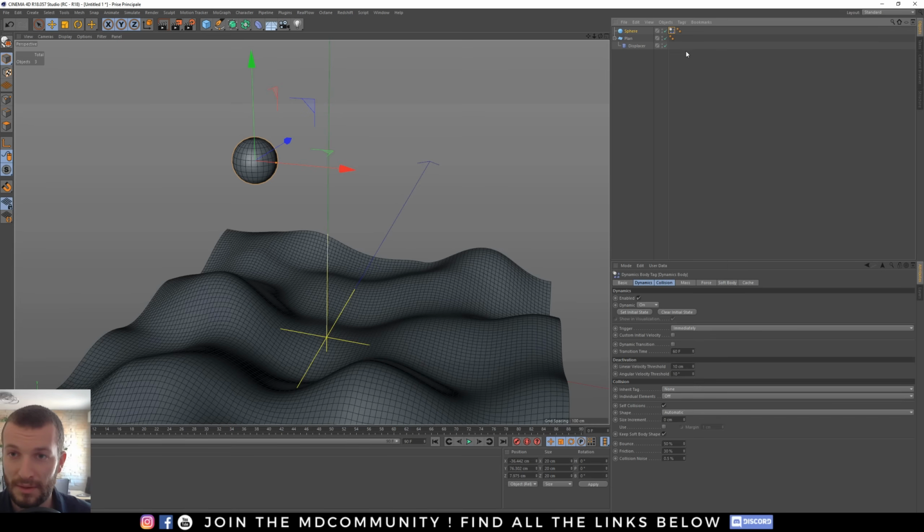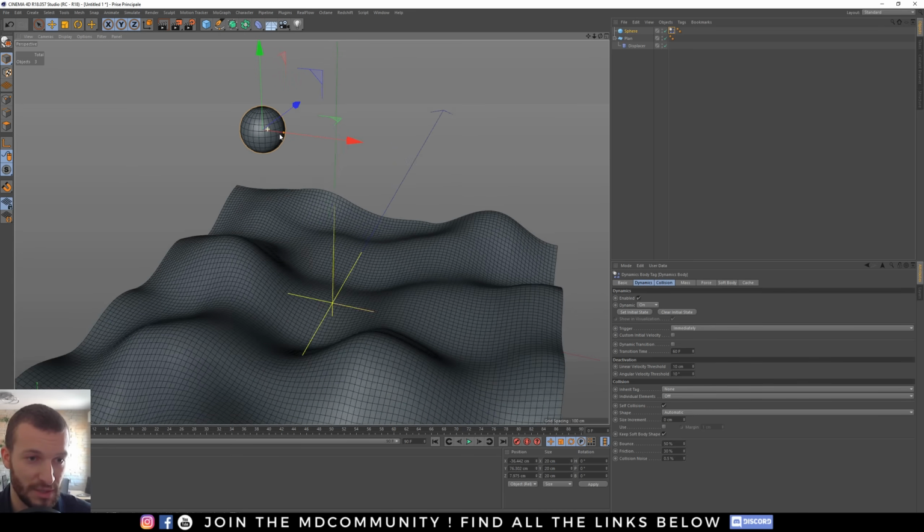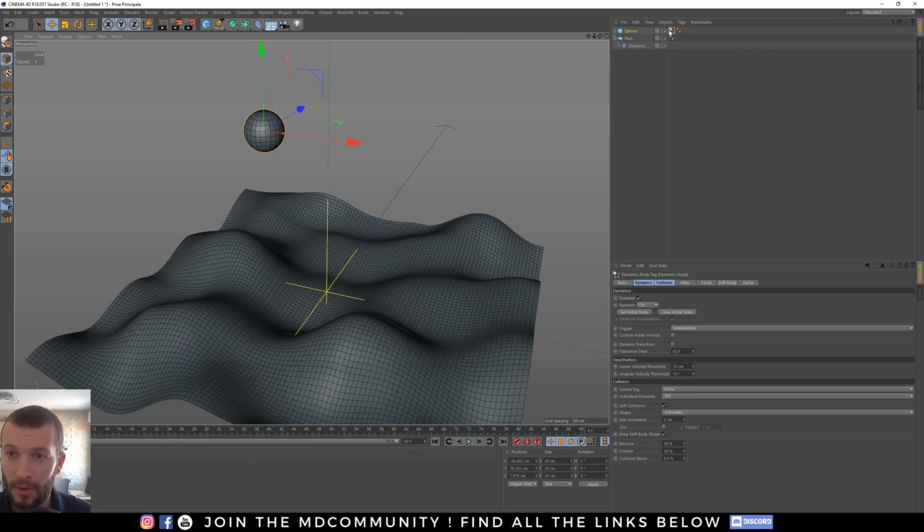The rigid body has dynamics on, and when I hit play, you have some gravity applied. By default, there is a good gravity in Cinema 4D. So now I want this sphere to hit the plane and bounce on it. So I need another tag on my plane.